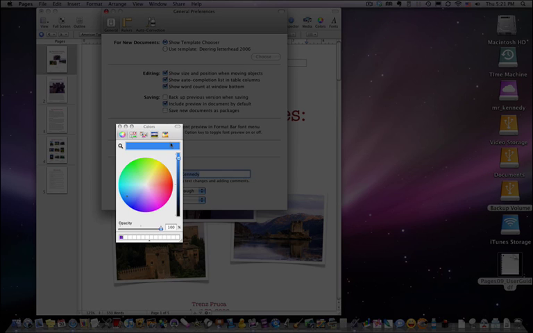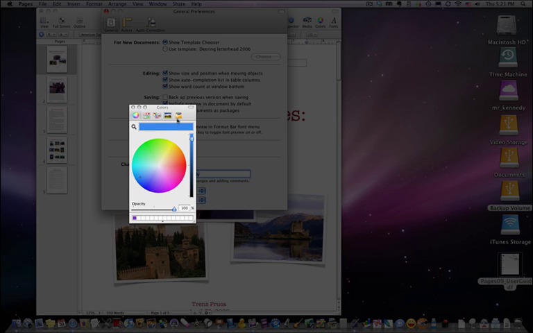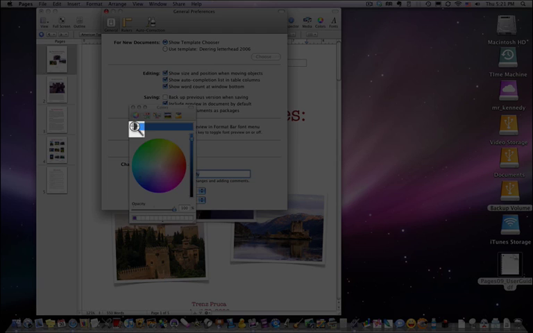So if you use blue a lot, maybe you want to use a color that you don't use very often to see the invisible characters. So you might want a green or a yellow. This is how you change that. And once again, like all the color formats, you could actually click the magnifying glass and pick a color from